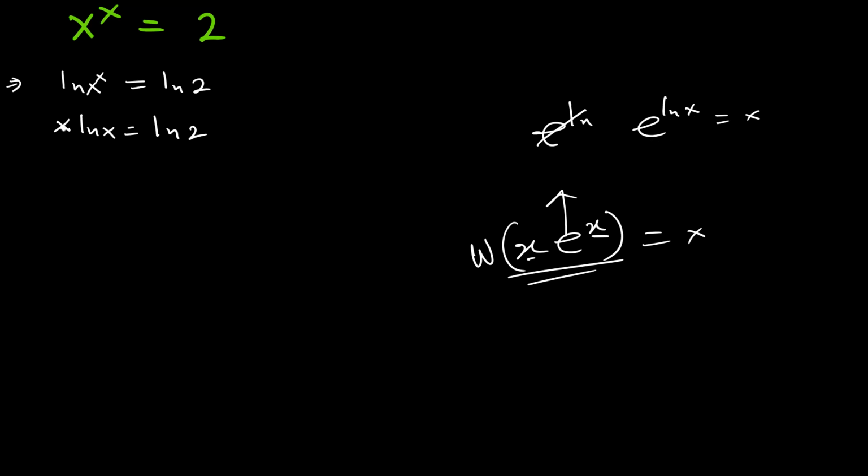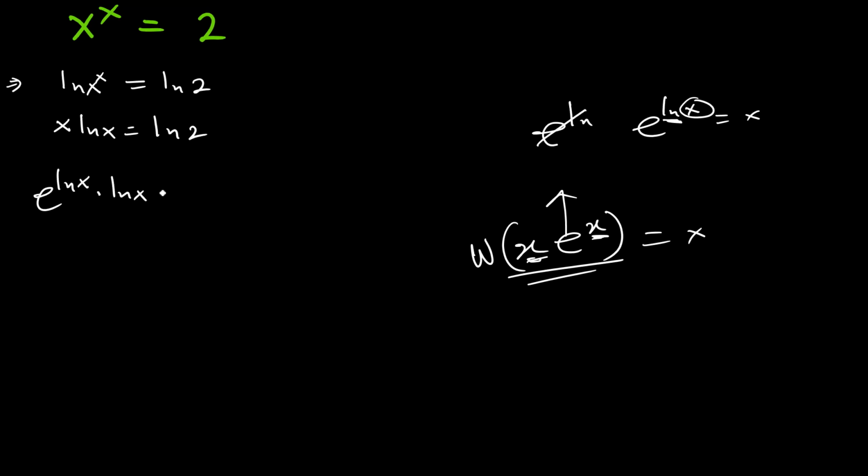Now we want to make the power here equal to this x, so we need to support this x. And we know e raised to ln of x is x, so let's support this x here. So this one can be written as e raised to ln of x